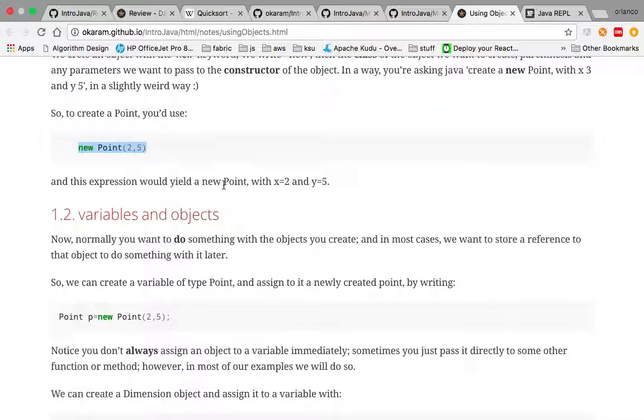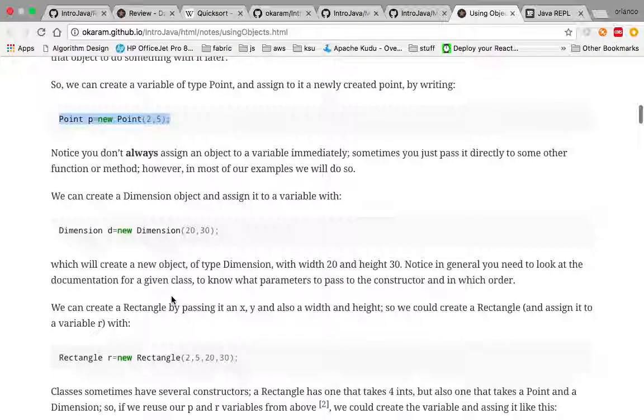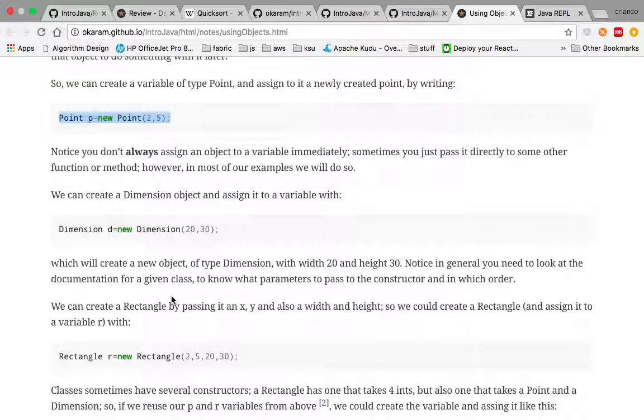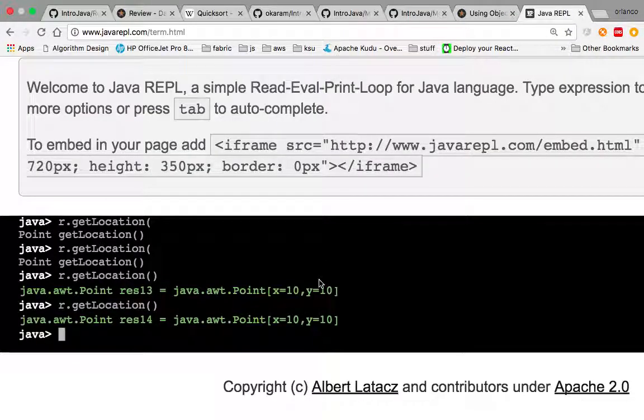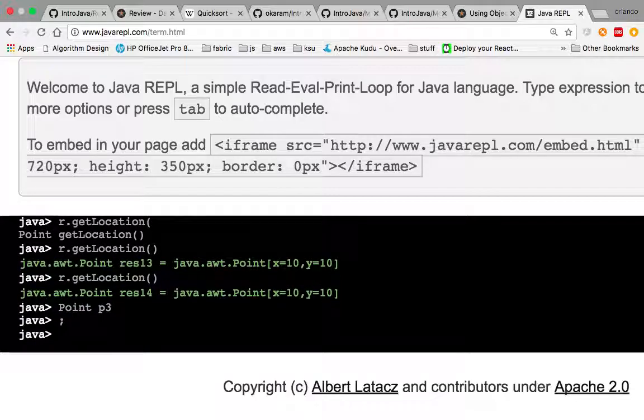Now, normally you want to do something with the object, so you would actually assign it to a variable, right? The act of creating a variable and assigning to it is separate from the act of creating the object, right? So in there we actually have three things. We create a new object, we create a new variable, and we assign the value to the variable. What happens if we don't assign a value? It's a valueless object. Well,